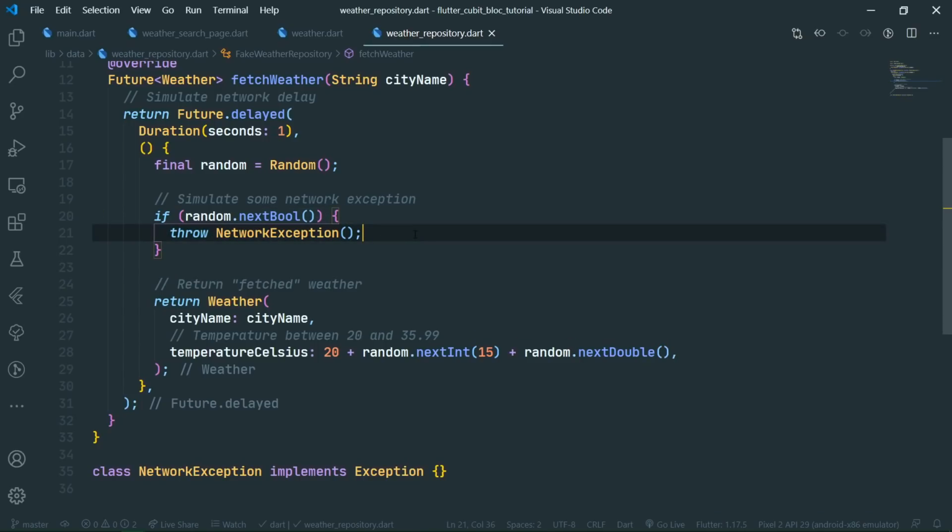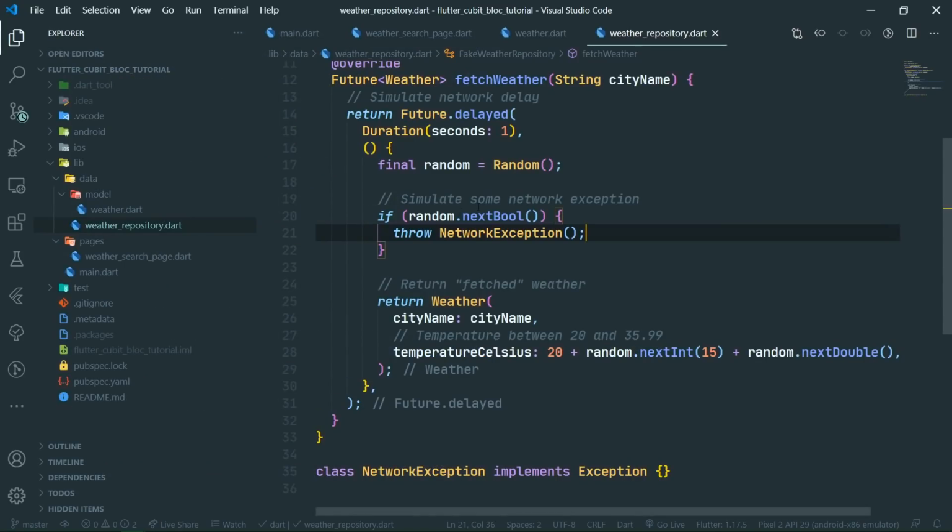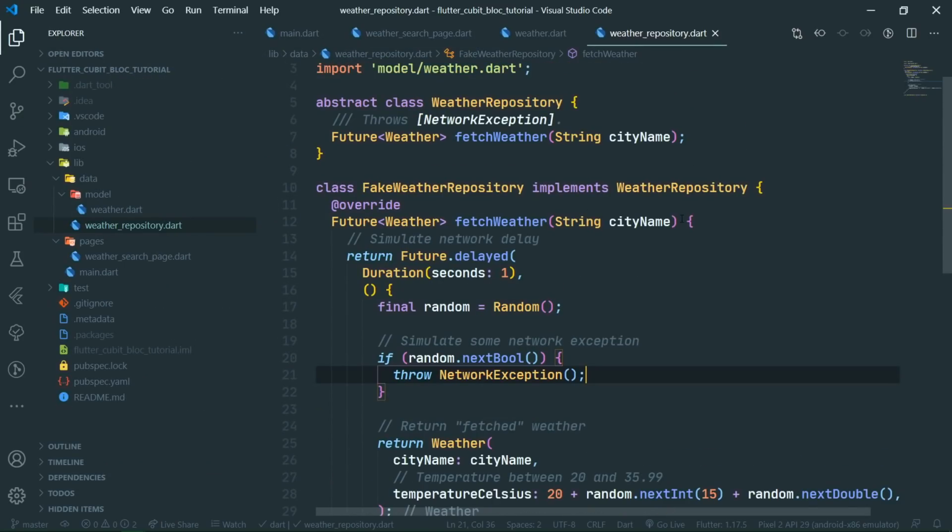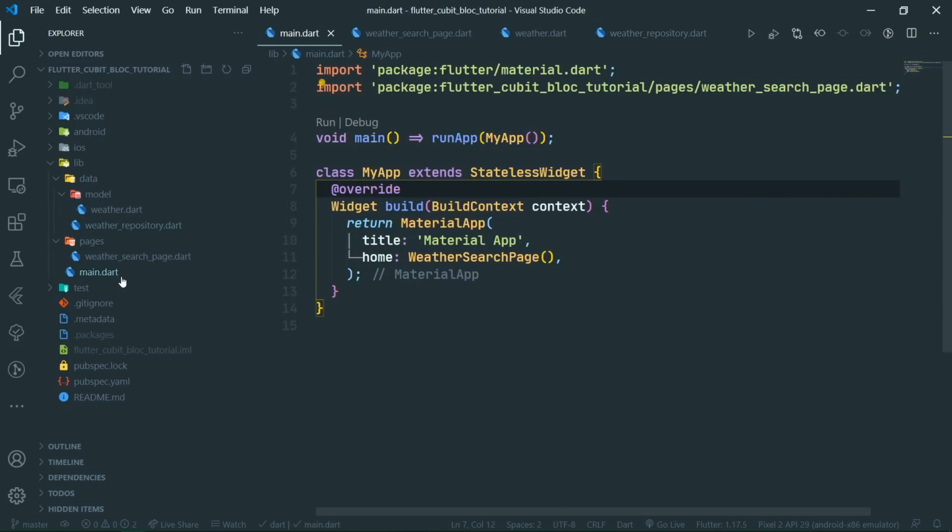Before we jump into implementing the Cubit and Bloc for this particular weather app, let's talk about Cubit and other basically immutable state management solutions from a high-level perspective. Because although there are just way too many state management packages right now on the Flutter scene, it all comes down to the basic decision of having either mutable